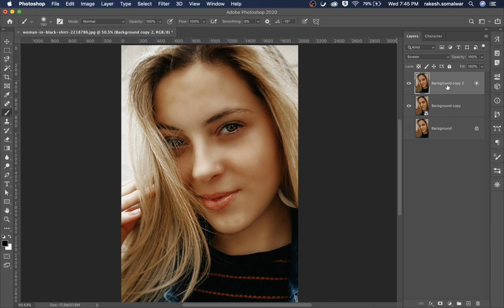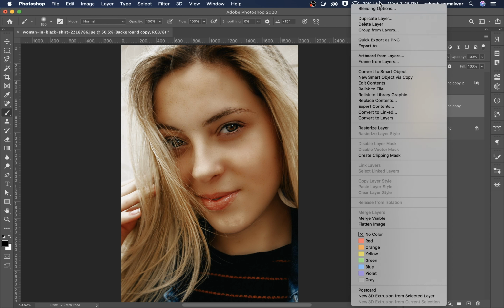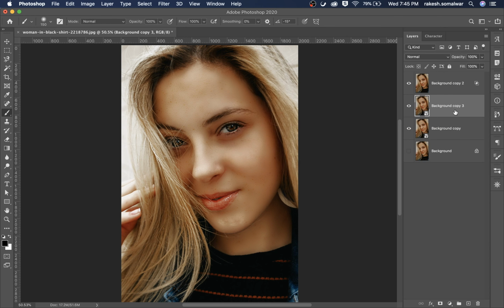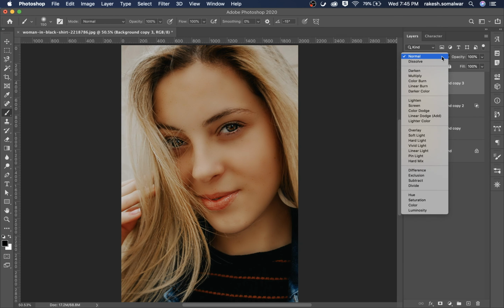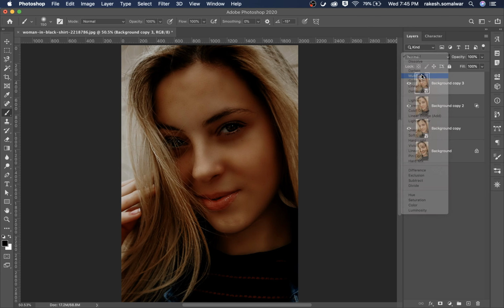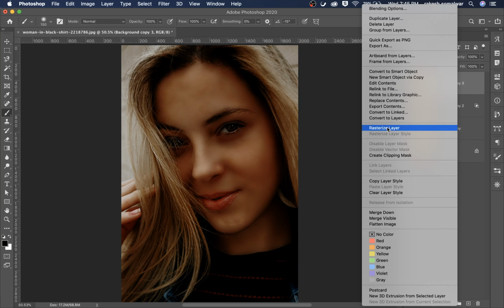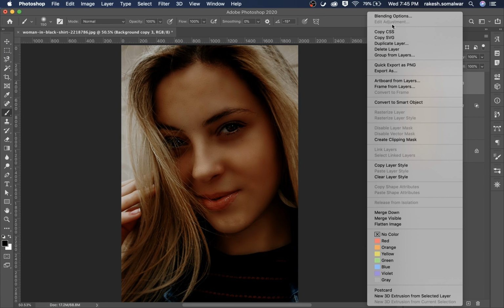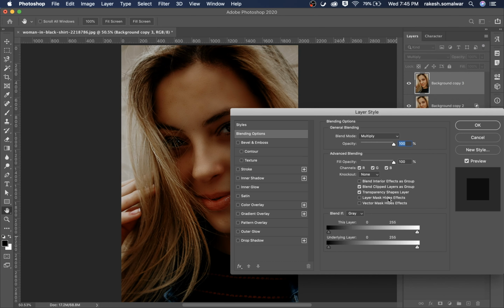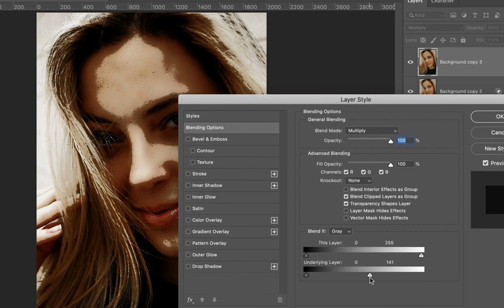Now duplicate the smart object layer again and keep it on top, make it multiply and go to blending options again. Rasterize first and go to blending options, and in underlying layers now move the white part to the darker area, and this is fine for me.